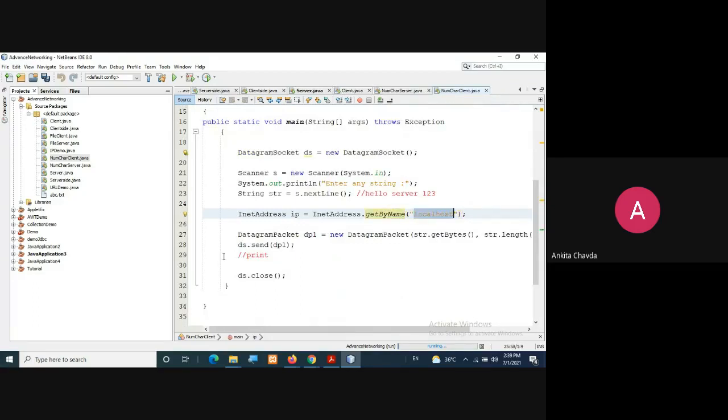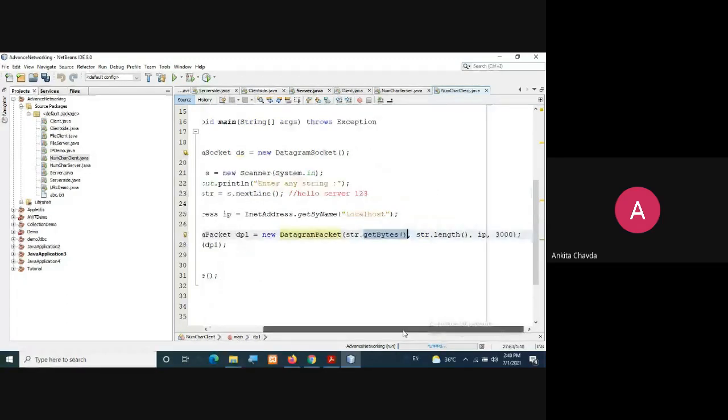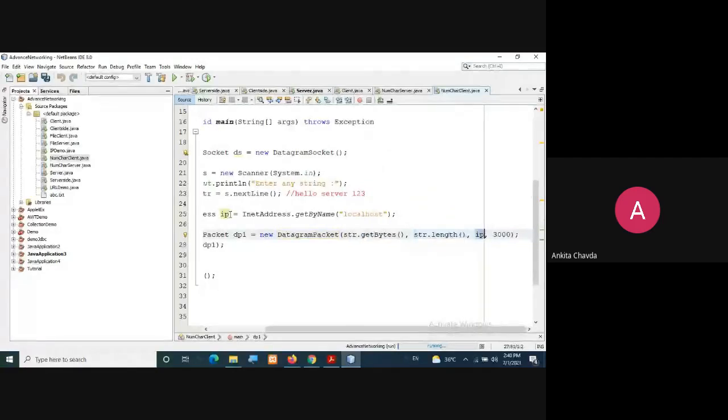Fine. Now I am creating one packet, DatagramPacket dp1 equals new DatagramPacket, passing str.getBytes, so whatever string the user has entered will be converted into bytes. Then I need the length, so str.length, and then the IP, which contains the name of your localhost, and the server is listening on port number 3000, so you are sending this data on port 3000.